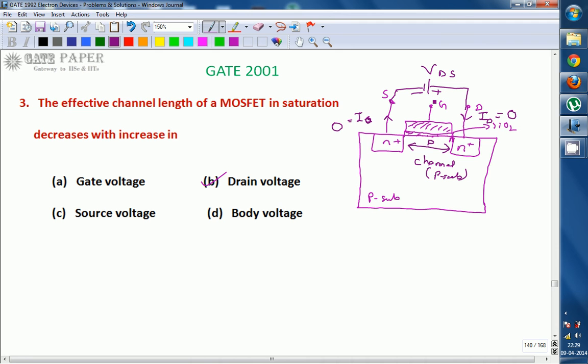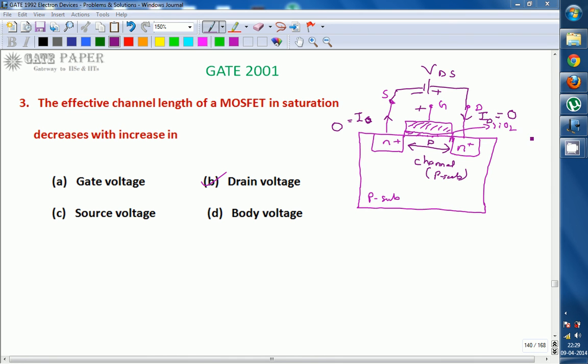So how is the channel of n-type carriers formed? We can explain it like this. We must apply some positive voltage across the gate, so this positive voltage can attract negative charge carriers so that a channel can be formed. We must always apply a positive gate voltage for an n-channel MOSFET, because positive voltage can attract the electrons from the p-type substrate. Positive attracts negative, that's why.